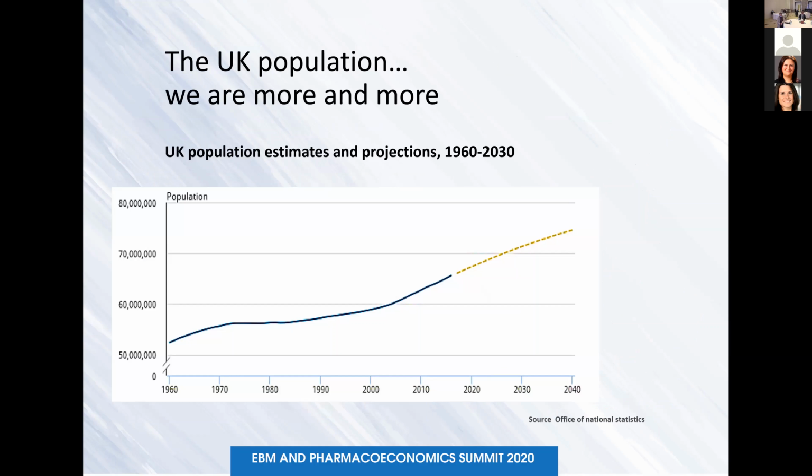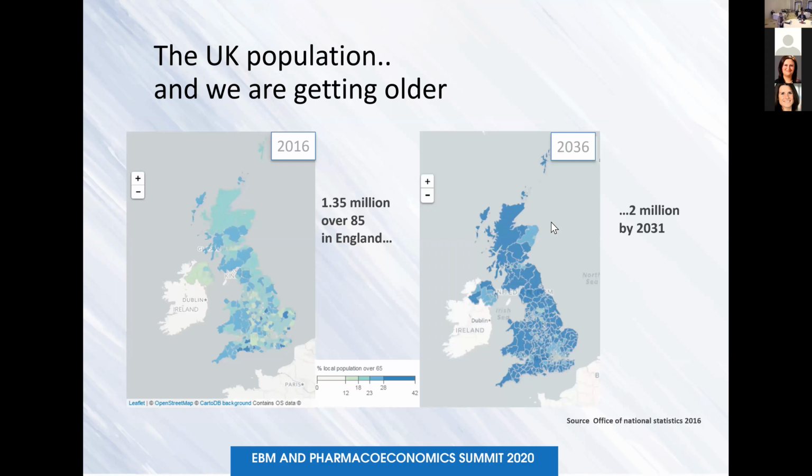And in the UK, as well as in other countries globally, the population is increasing. These are the projections of the UK population from 1960 up to 2040. As you can see, there is a steep increase. We will reach almost 80 million in 20 years. But not only are we more, we are also getting older. So if you compare the situation in 2016 with the one in 2036,